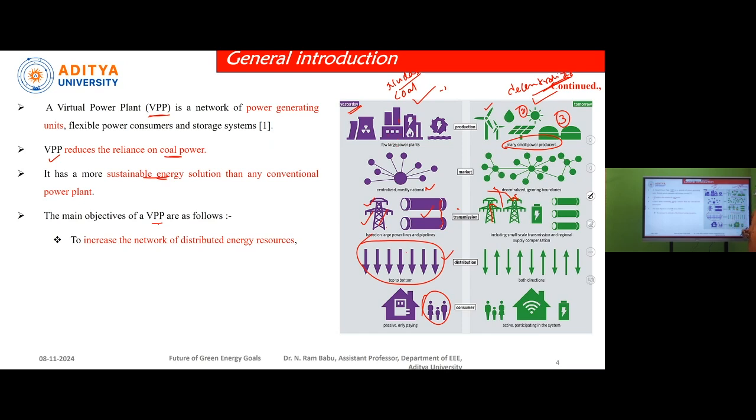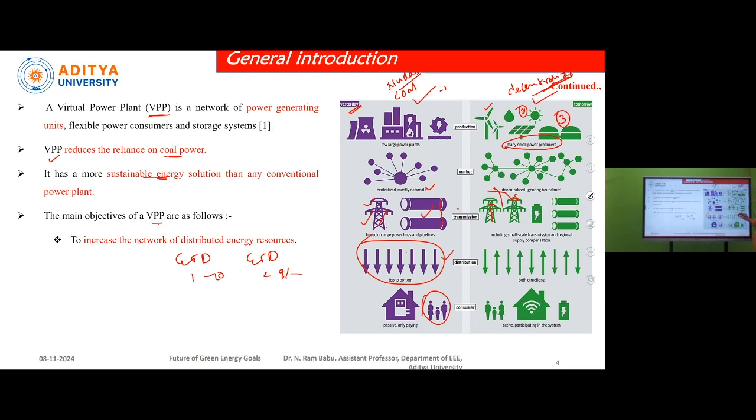Let us assume a generation, transmission and distribution company 1 and a GTD company 2. One will say that it will sell a unit of energy for 10 rupees, and another company will say it will sell energy for 9 rupees. Now we, the consumers, have the option to choose energy from any one of them, like a Southern Distribution Company or a Southeastern Distribution Power Plant Company. So like that, a number of market players will be there.